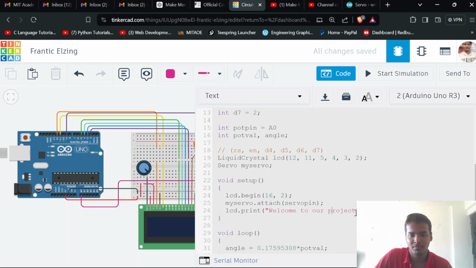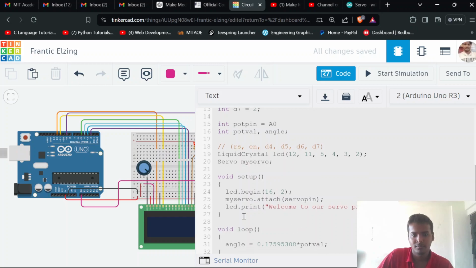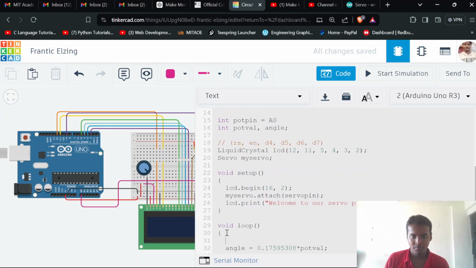Welcome to our project. Welcome to our servo project. Semicolon. Okay, in the void loop, we would first clear the LCD. I told you that there is a command to clear the complete LCD. Whatever you have written, it will be cleared out. The command for clear LCD is,